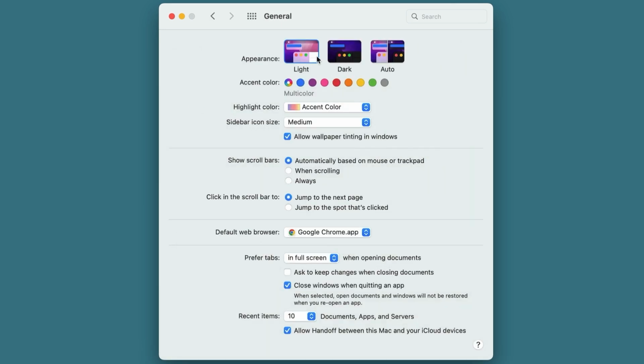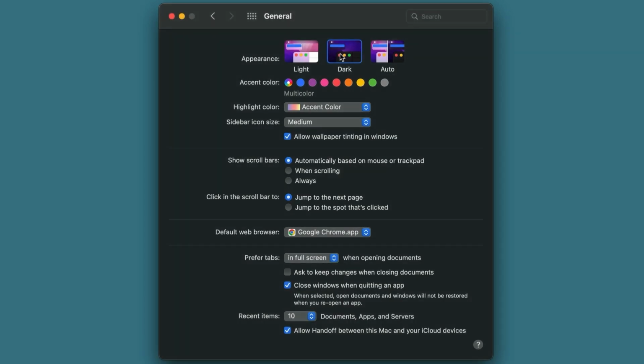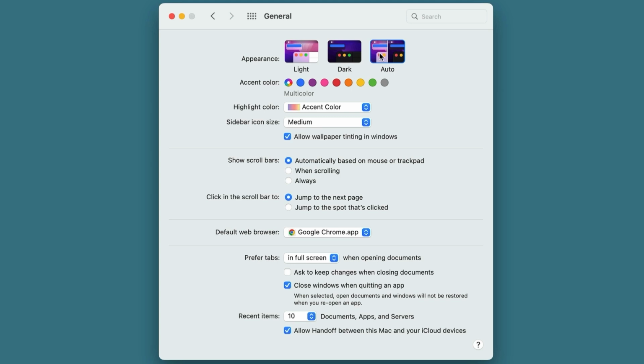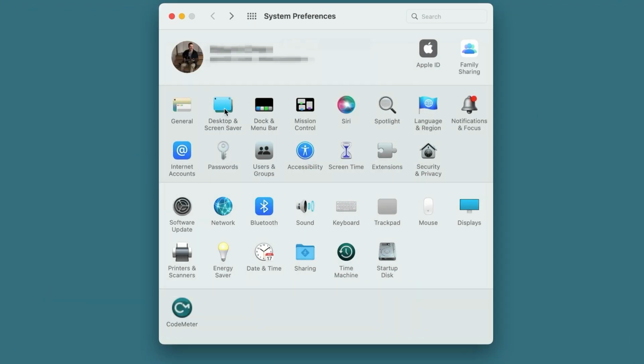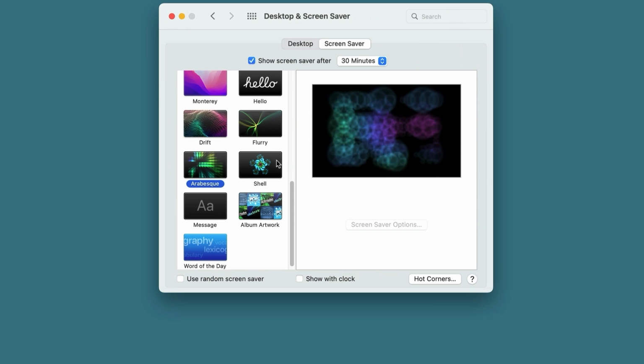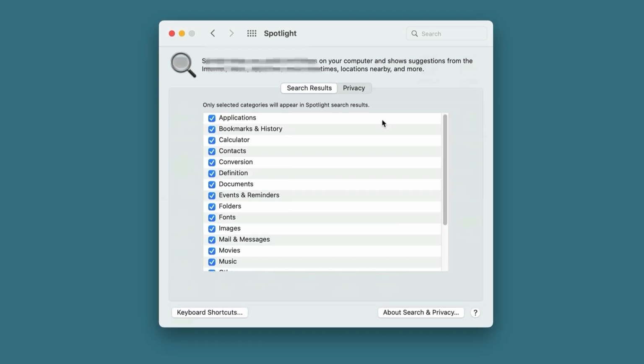You know, if you don't want the look and feel light, you can change this to dark mode, and you can adjust it so your computer detects the light you're in and will do different things. And you can change the accent color of applications and really trick out your Mac. If you want to change the desktop and screensaver, you can customize this to your liking, search your computer really